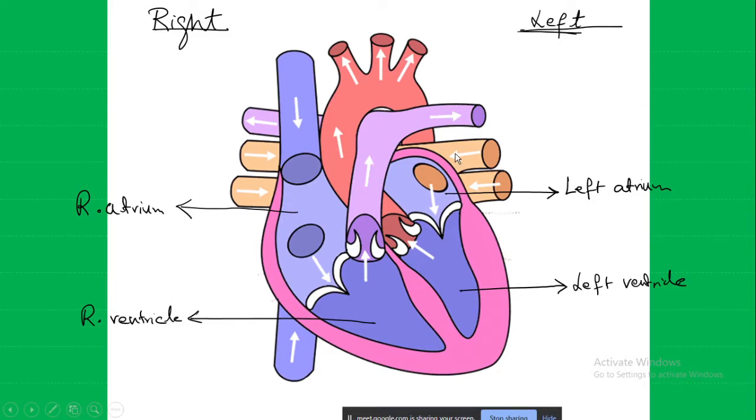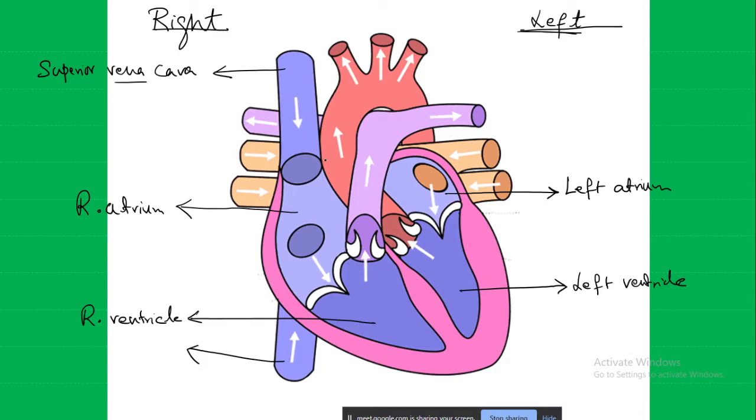Now that the four chambers are labeled, the next important thing is how the blood is coming into the heart and how it is exiting. Let us see from where it is entering the heart. The oxygenated and deoxygenated blood are circulating separately, they are not mixing. This vessel and this vessel here, what are they known as? The top one is the superior vena cava. Vena cava means vein.